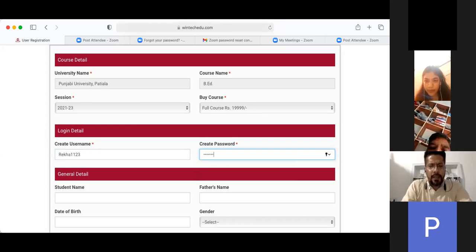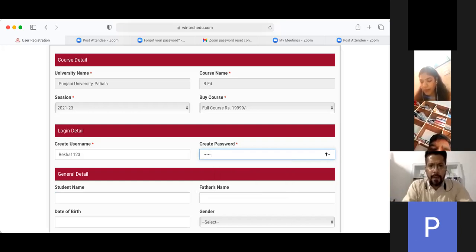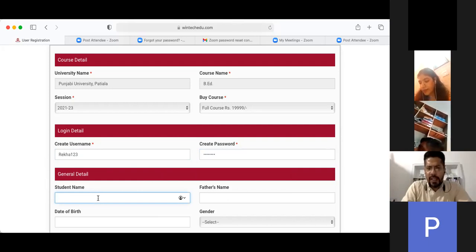Rekha @123 I created. Okay, fine, no worries. So I'm keeping the same password, Rekha 123. Okay, I'll just change over here. Fine. So the username and the password are both Rekha 123.